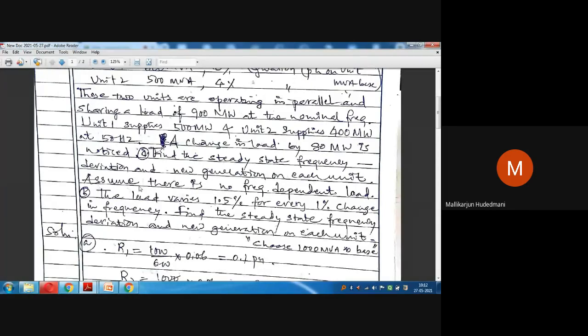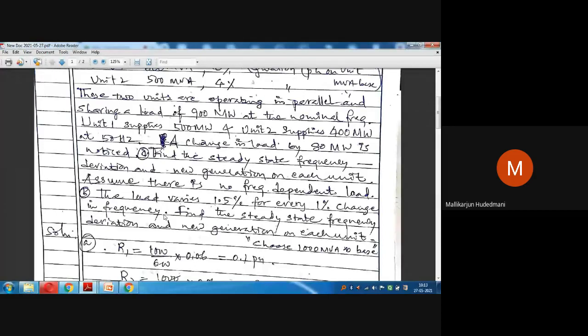Can you see this statement? Assume that there is no frequency dependent load. D is 0 over here. That is part A. Part B says, for the same problem, in an area with two generators having certain characteristics, sharing a 900 megawatt load, suddenly experiencing an 80 megawatt change. How is that shared without any frequency sensitive loads? That was the first part. The second part is the load varies